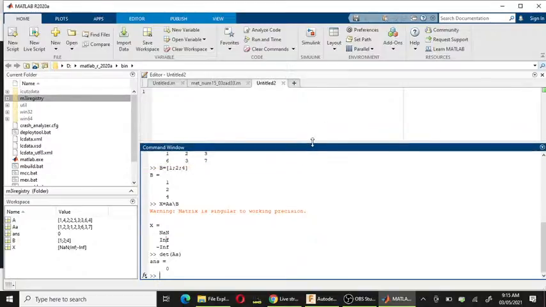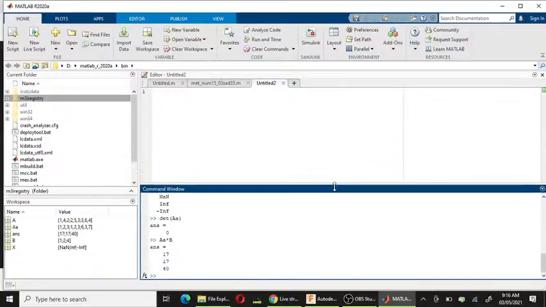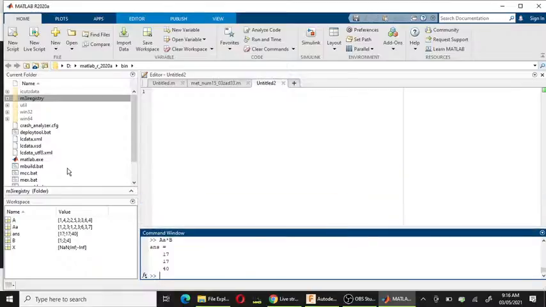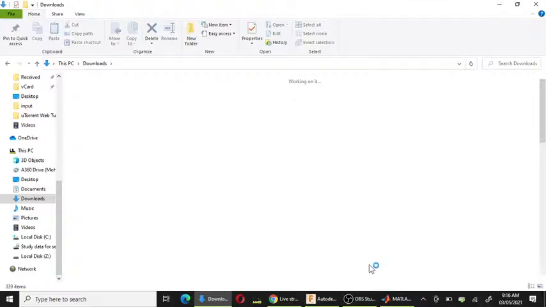So this is all roundabout calculations about simple matrices, how to declare a matrix, how to perform calculations on a matrix. This is matrix A cross matrix B calculation, meaning product, and we can do similar things like matrix addition and subtraction and this and that. So let's jump into our real topic of image processing. So here we have an image. I will drag and drop it in MATLAB.